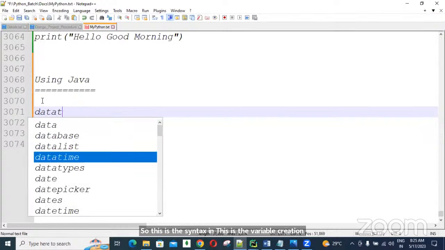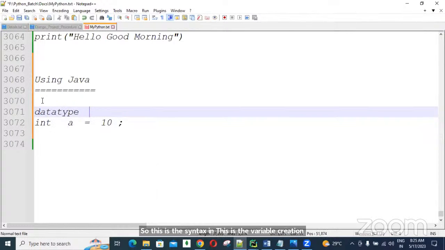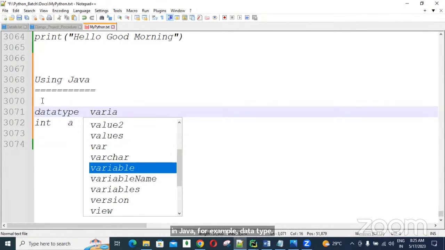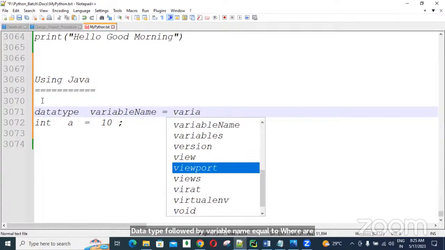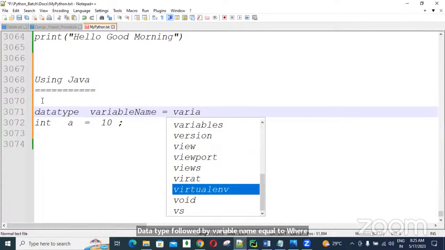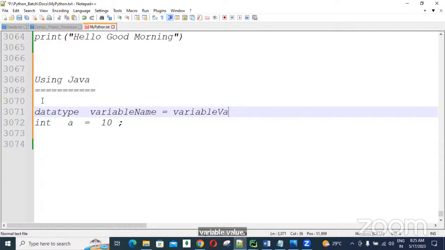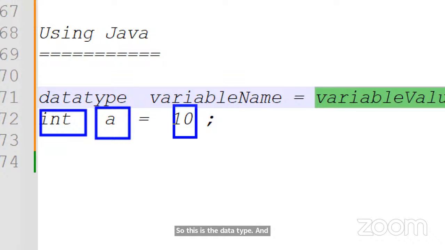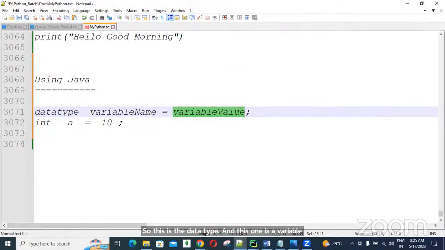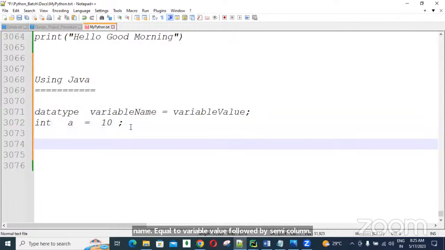For example, data type followed by variable name equal to variable value, semicolon. This is Java syntax, guys. So this is the data type, and this one is the variable name equal to variable value followed by semicolon. Okay? Yes. So now, guys, here